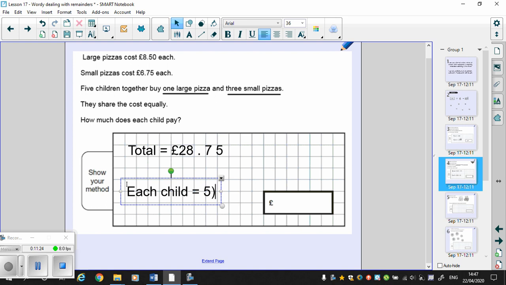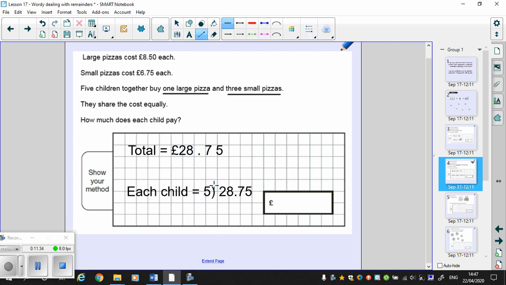gazinta 28.75, and let me draw a line across here, and 5s into 2 doesn't go, 5s into 28 goes 5 times. I'm going to put my answer here, and I'm left with 3. Don't forget my decimal point, and move it